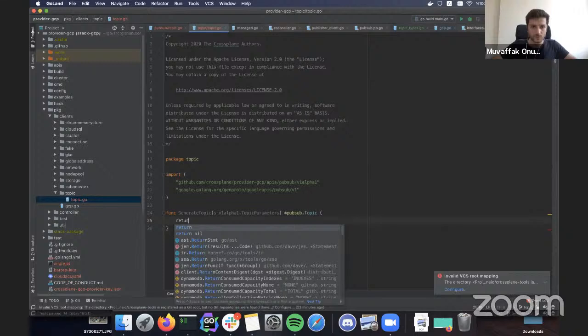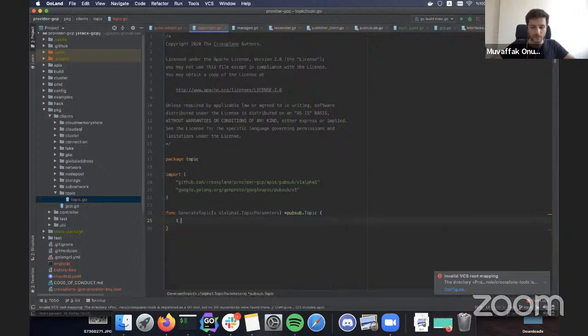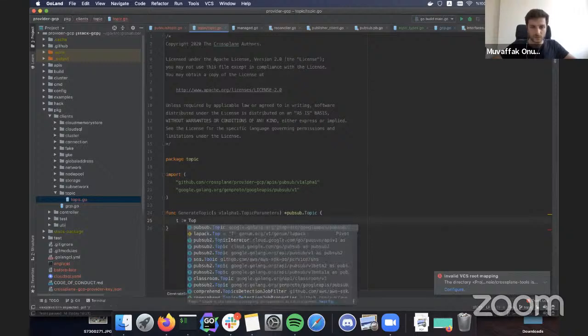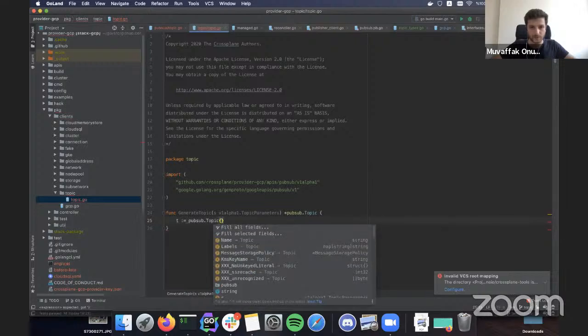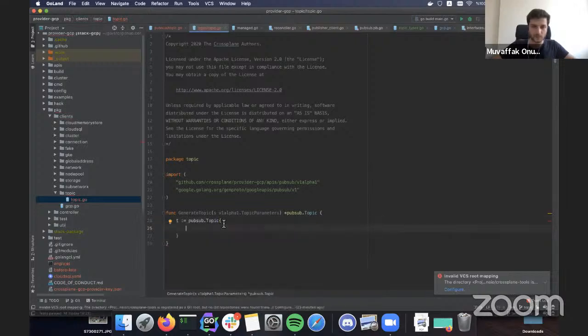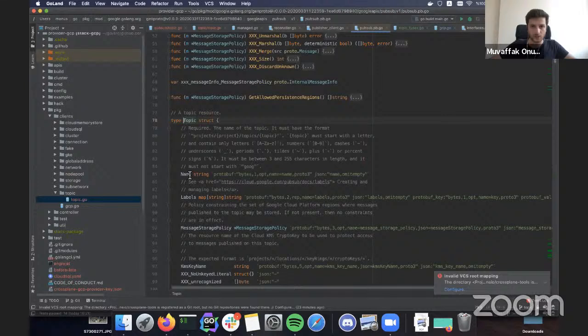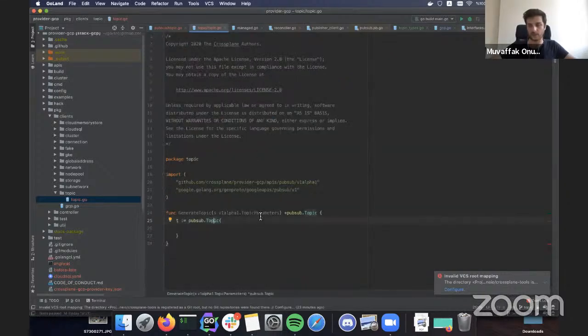Cool. So let's create a topic and fill some of the fields. Okay, so first it wants the name and in a specific format. As I have mentioned, we don't have the name in parameters. We will get it from the annotations. So when we call this, I will pass in the name separately.